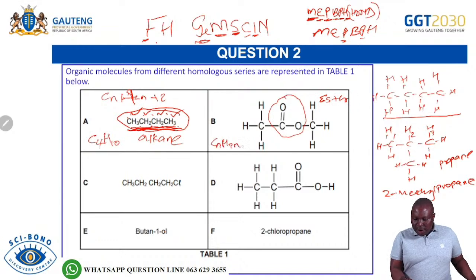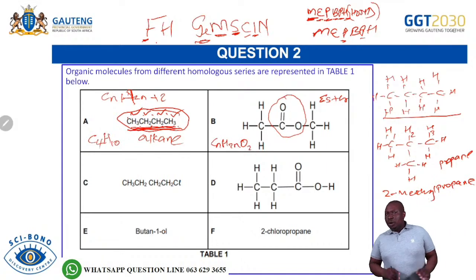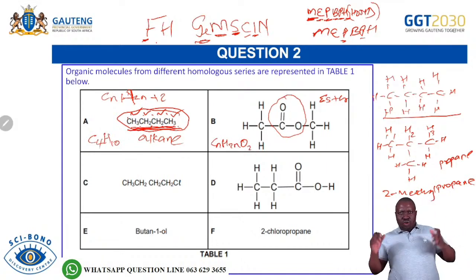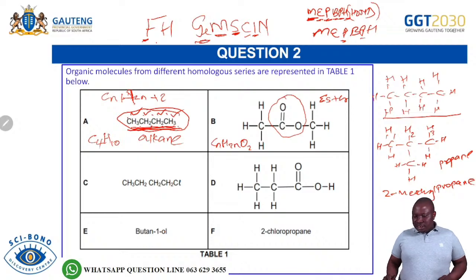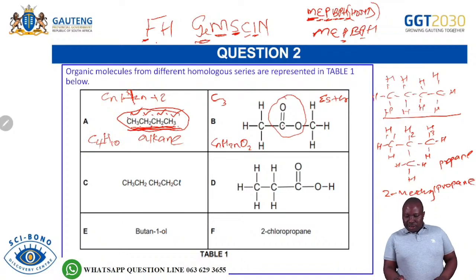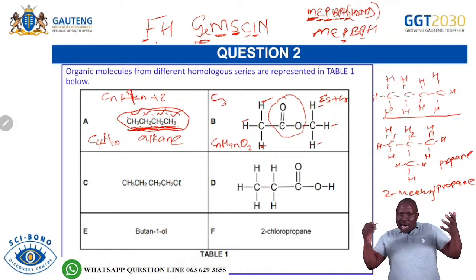CnH2nO2. Don't forget we have 2 oxygens there. So I'm encouraging you as you are revising now to know all the general formulas of the 9 homologous series that we do in Technical Science grade 12. Now, the general formula is CnH2nO2. I already indicated to you that for molecular formula, we're saying how many carbons, how many hydrogens. In this case, we have oxygen. So you just go on the counting mission. You say carbons, there are 1, 2, 3. So we have 3 carbons. So you will be able to say this is C3. And then you are able to check how many hydrogens: 1, 2, 3, 4, 5, 6. So for molecular formula, we're simply saying count them. How many are they?